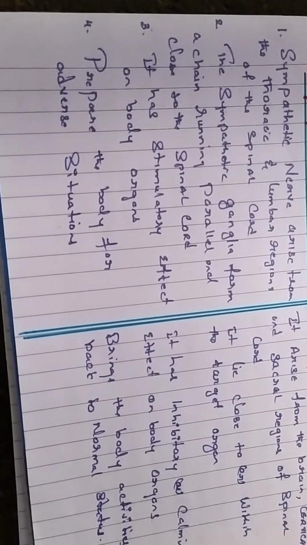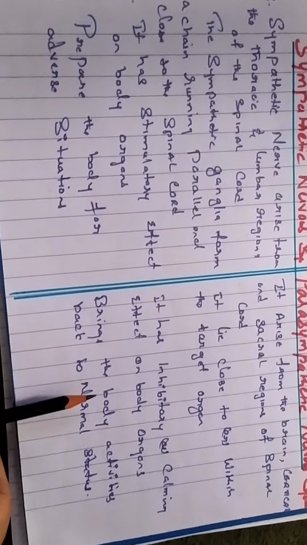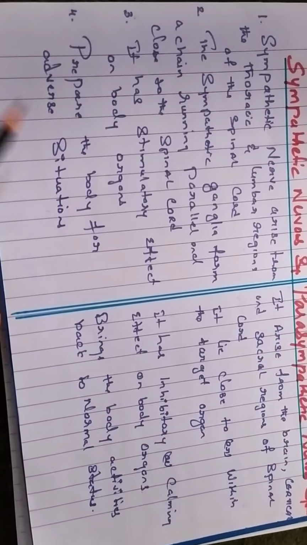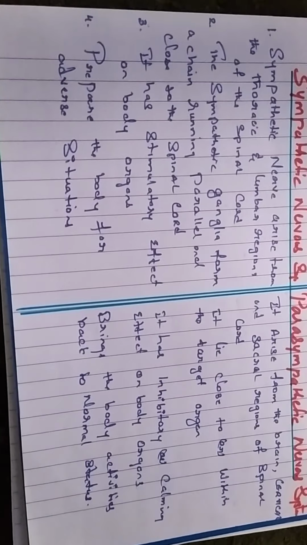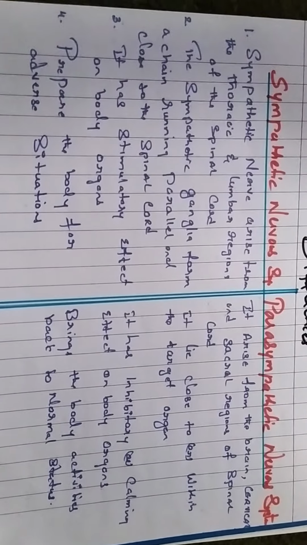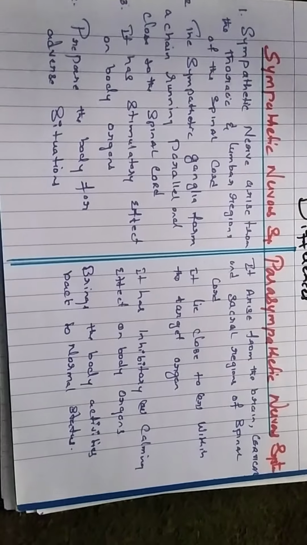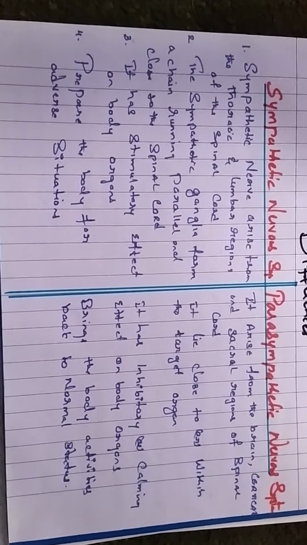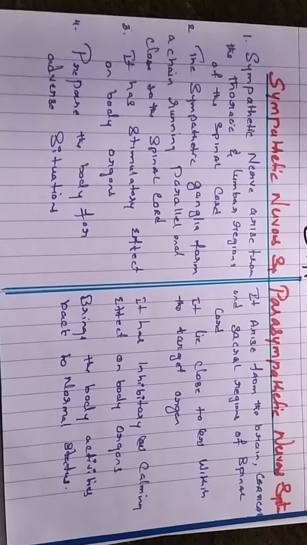The fourth difference is that the sympathetic prepares the body for adverse situations. That means it helps prepare the body during any emergency condition to get adjusted, whereas the parasympathetic brings the body activities back to the normal status. It helps to sustain in such situations, whereas this helps to bring the body back to its normal state, where it acts and responds normally. With this, we are going to understand how this nervous system and each organ of the body is responsible for maintaining the normal environment within the body.